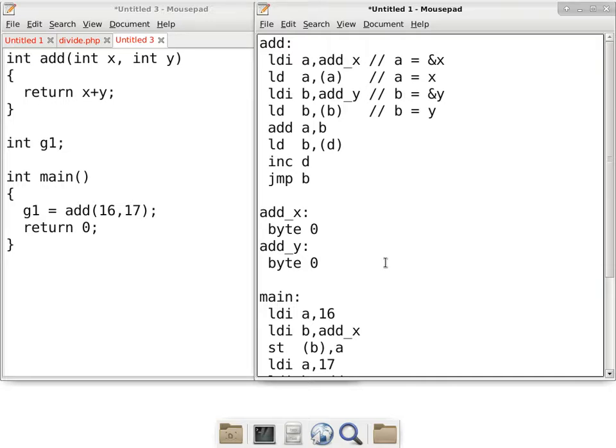Active at the same time means main calls A, A calls B, B calls C, then main, A, B, and C are all active at the same time. So it's basically asking how deep can you go when you're dealing with a normal program without recursion. 20 levels. Let's make it 30 levels. So let's say we have 300 subroutines, but we only go 30 levels deep at any particular time at